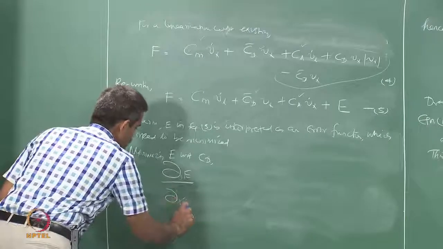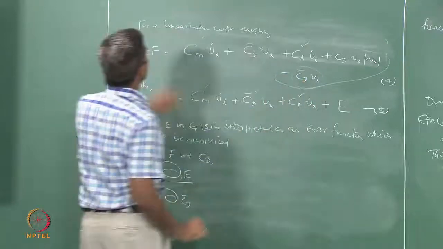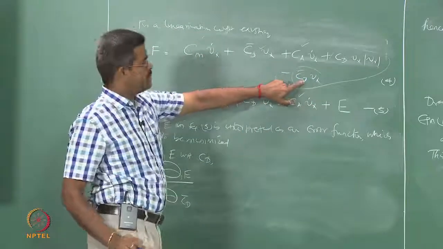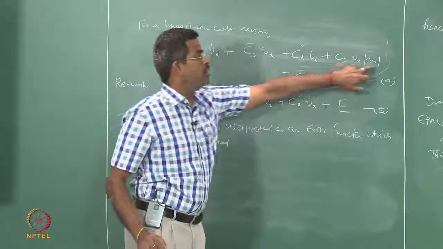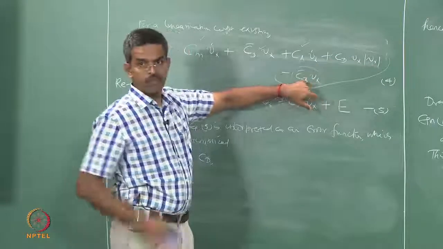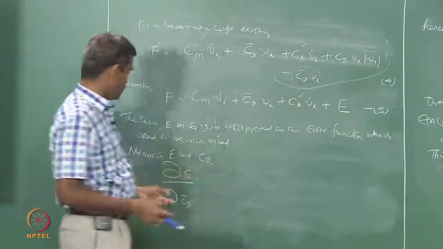In fact, I should say CD bar because I am minimizing with respect to the new linearized drag term. It is a linearized drag term because there is no nonlinear term available here. The original term is this, which has got nonlinearity. We presume that one function of this order exists. It is an assumption. So we minimize it with respect to that assumption,